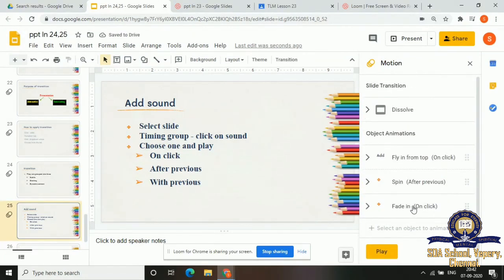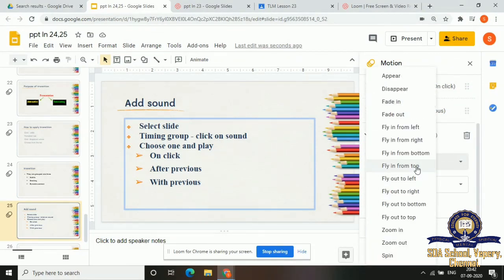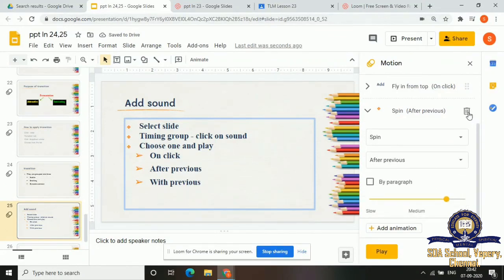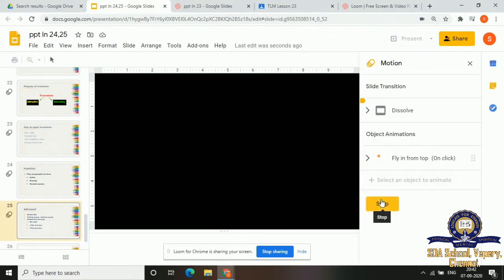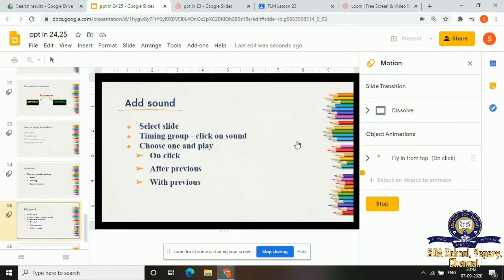I'm going to give flying from top. I've selected this thing alone and I've given flying from top. Now we'll see how it works. Play. If I click, it flies in from top because I've given on click, that is default.